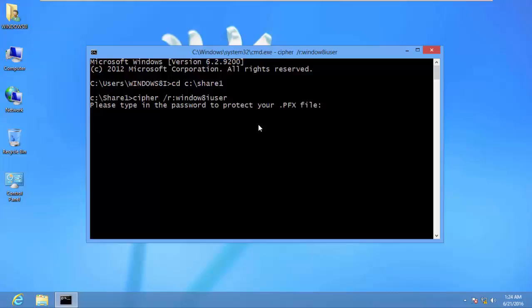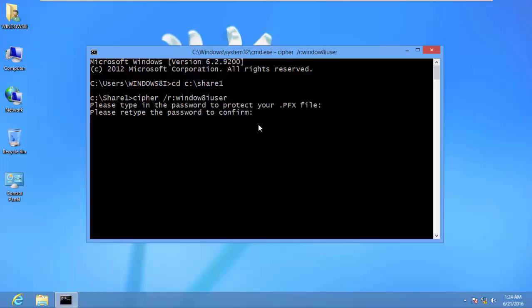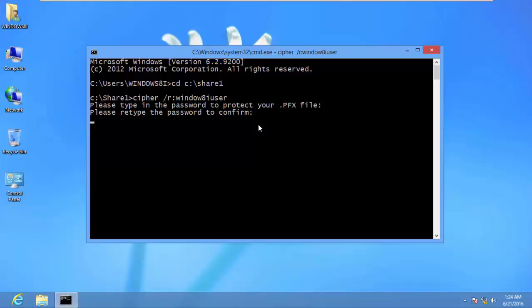Okay, so I'll type my password here, and note that when you type the password, it doesn't display any asterisk or anything. It's a security mechanism that Microsoft has implemented to ensure that if someone is looking over your shoulder, he or she will not see the length of